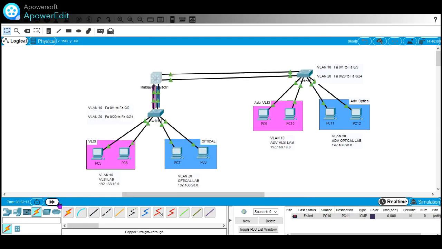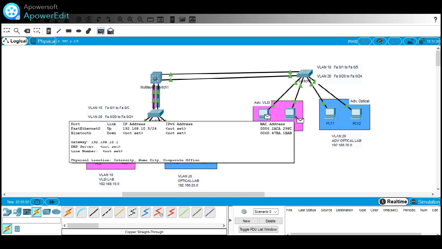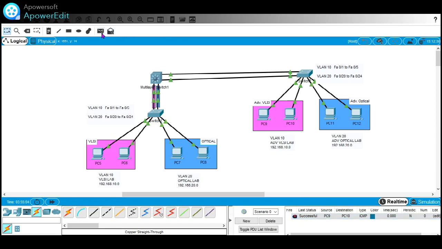So now we will try to communicate from this PC to this PC. Okay, and you can see that it is successful now. So after this, if we try to communicate from PCs of same lab, that is successful.